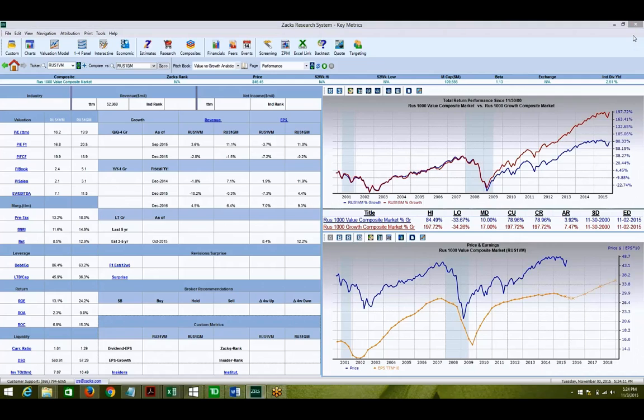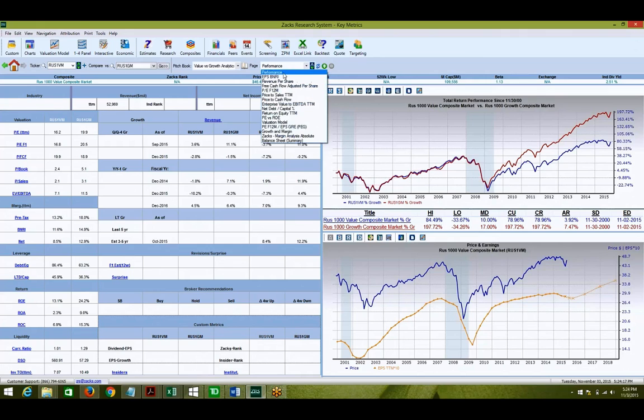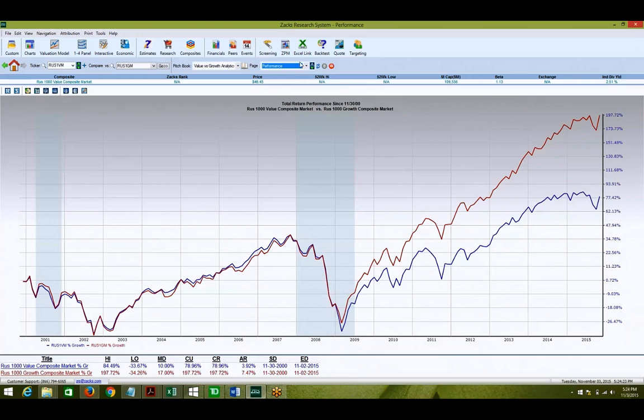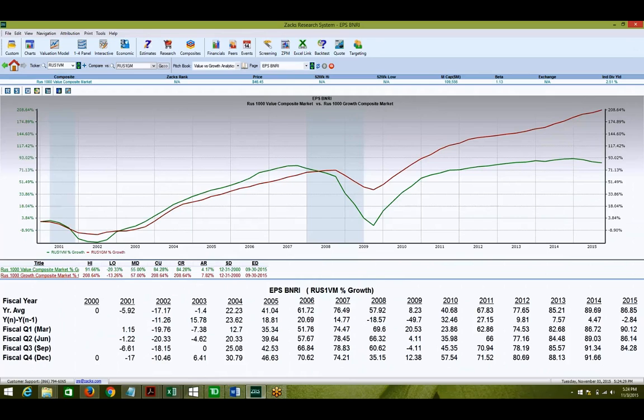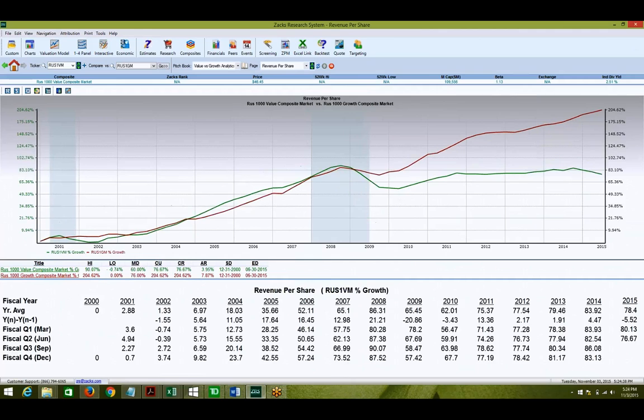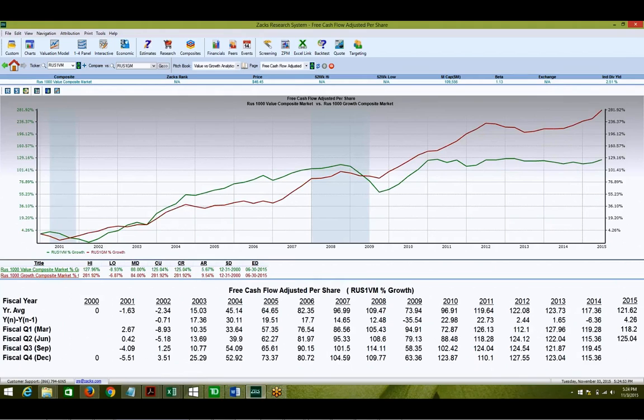As we've demonstrated before, one of the unique and distinguishing features of the Zacks research system is the composite analytics. As a review, composites are any basket of equities, be it a broad benchmark like the S&P 500 or Russell 1000, sectors like the S&P Healthcare, styles like the Russell 1000 Value, or individual portfolios of your own. Zacks gives you the ability to utilize our library of dozens of Zacks and S&P Russell composites, or you can create your own. The software then generates complete bottom-up weighted average fundamentals for you to perform truly unique growth, value,